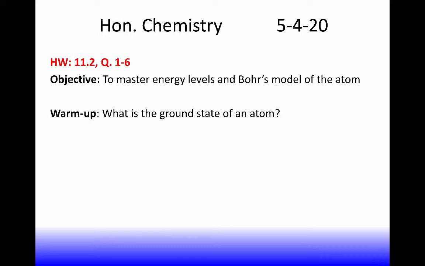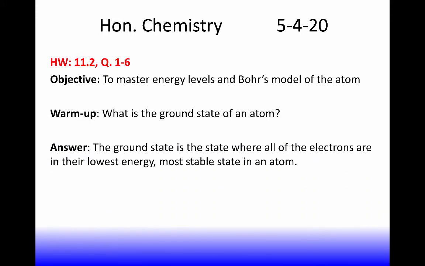First question is, what is the ground state of an atom? The ground state is the state where all the electrons are in their lowest energy, most stable positions inside an atom. So, for instance, the energy level that's closest to the nucleus corresponds to this lowest energy state. So you will see that each energy level can only hold so many electrons as we go along